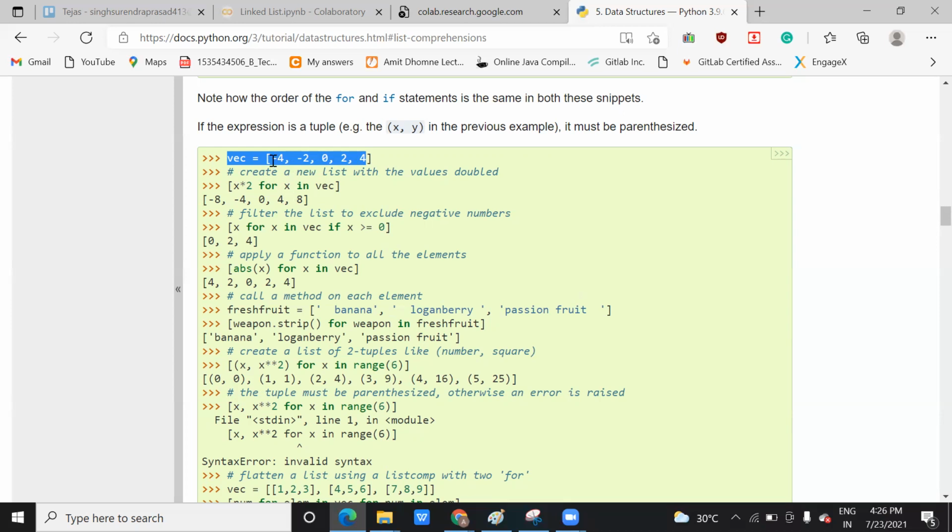So -4 into 2 is -8, then -2 into 2 is -4, 0 into 2 is 0, 2 into 2 is 4, 4 into 2 is 8, right? So what you are doing here is reading one list, performing an operation on another list, and printing it. So this is called a list comprehension.